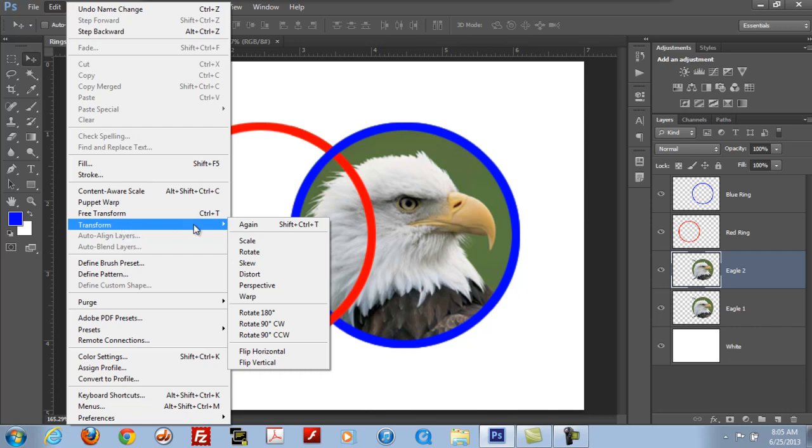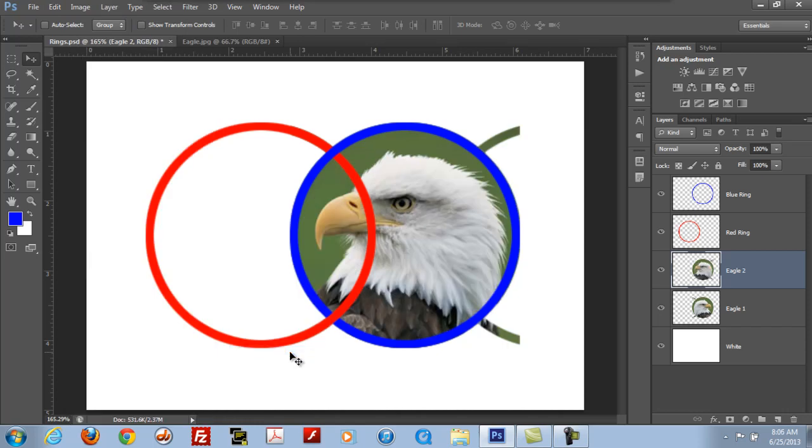And the transform has a little flyout menu. Go down here and select flip horizontally. When you do that, it flips that layer. And you can see the little tails from the ring in here. And you can leave those on because they'll help you line up with this other